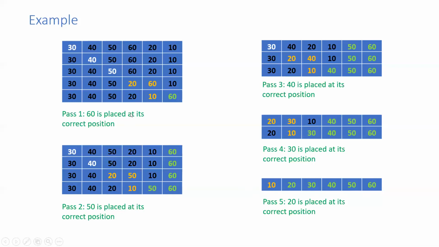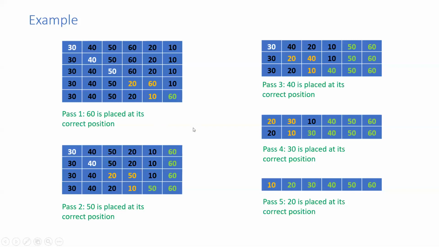And if you observe, as we have 6 elements in the array, we require 5 passes to sort all the elements in ascending order. You can clearly see it here. For example, if you take any stick and want to break it into 5 equal pieces, you only need 4 cuts, right? Like that, you just need 5 passes to sort the 6 elements. The last element will automatically be placed in its correct position.